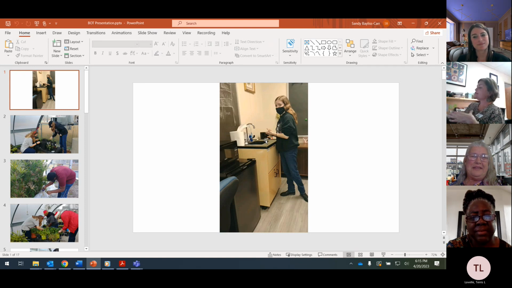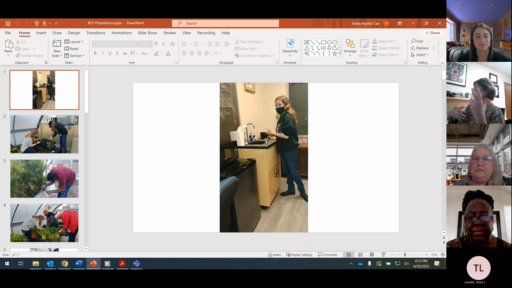At this time we did not have a kitchen. Now the college has one at the vault that we'll be able to utilize. But before that, we had to set up our own little thing in the classroom. So we had a portable sink, and they did some cooking in the classroom with burners and stuff like that.